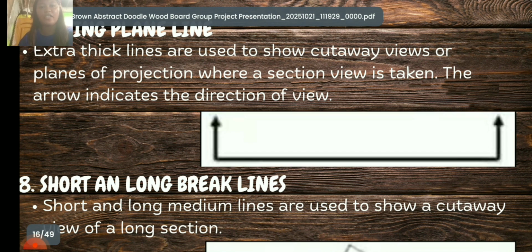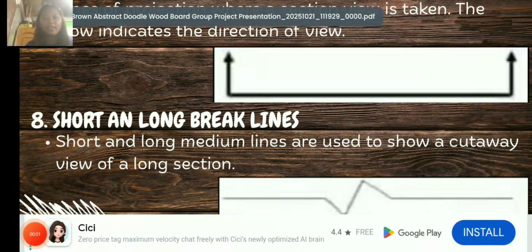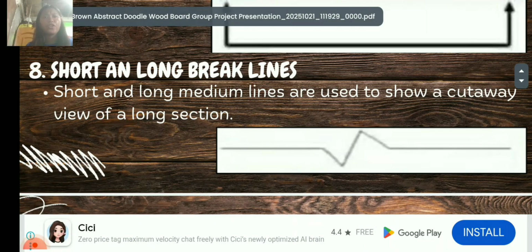Next are short and long break lines. Short and long medium lines are used to show cutaway views of a long section. Both types of break lines are valuable for simplifying drawings and focusing on the most important details.